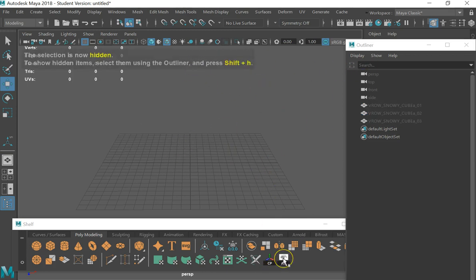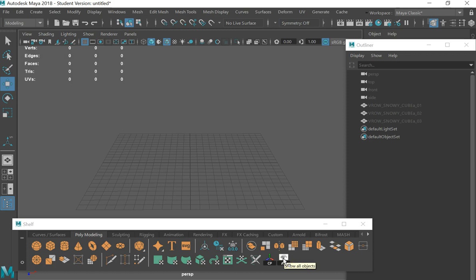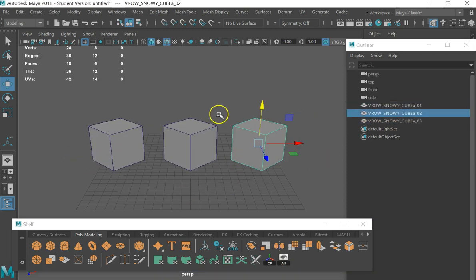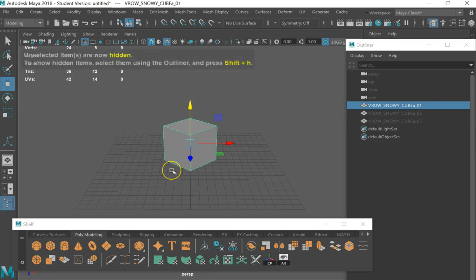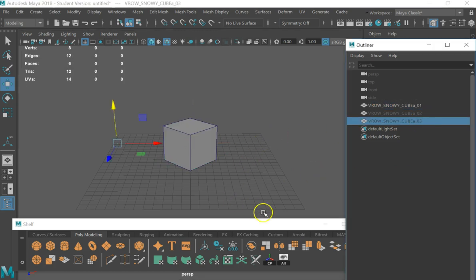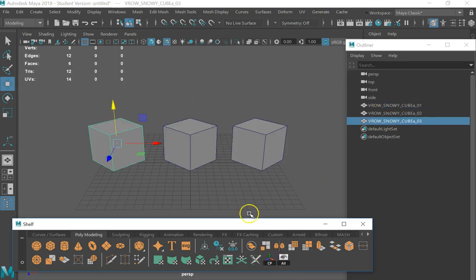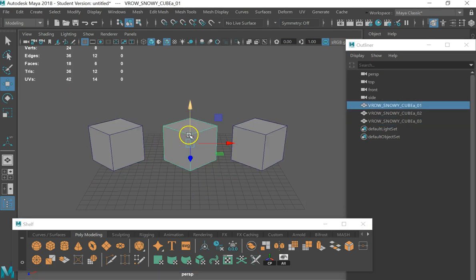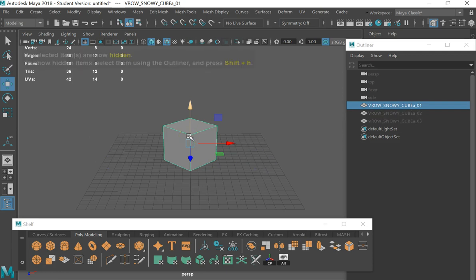And the other thing is I can hit Show All Objects in my shelf here, and it will bring them all back. If I just want to focus in on one like this, I can hit Alt H, and that will hide everything but that. So I'll go through that again. Show All is showing everything in that scene. If I hit Alt H, that